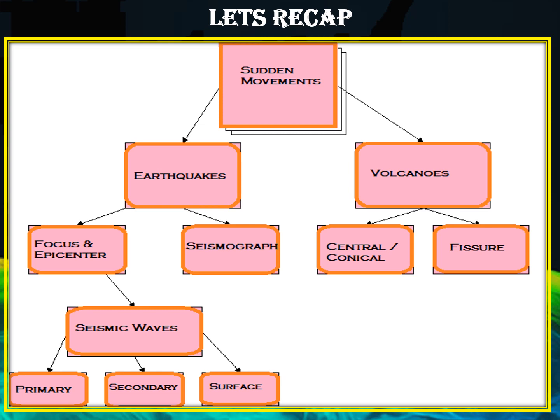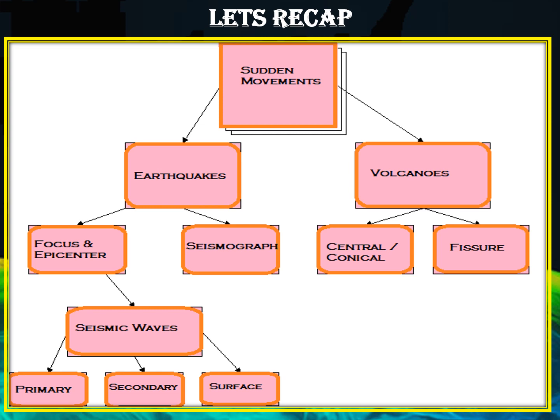We also studied about the seismic waves. We know that earthquake waves are also called seismic waves. The seismic waves are the waves caused by sudden breaking of rock within the earth or an explosion. Seismic waves are of different kinds and they all move in different directions. The seismic waves can be divided into primary waves, secondary waves and surface waves.